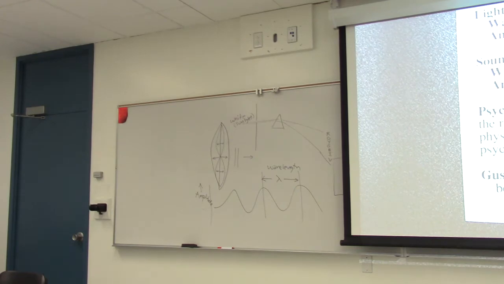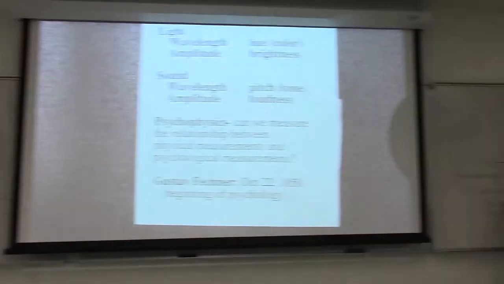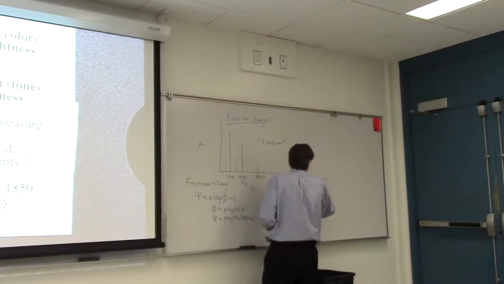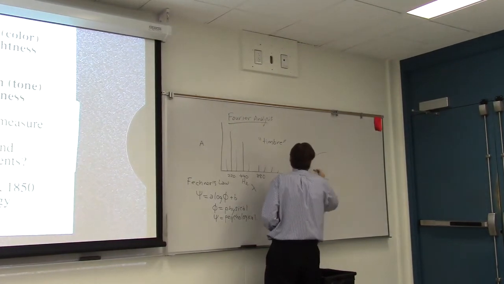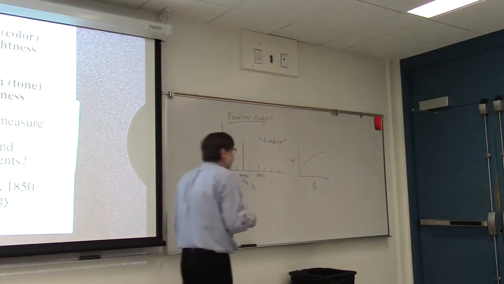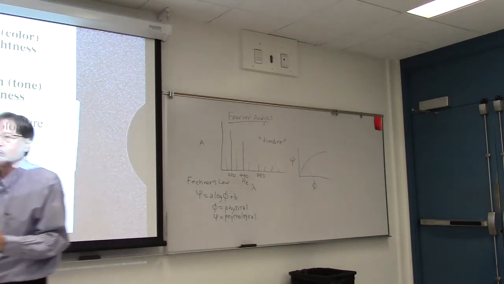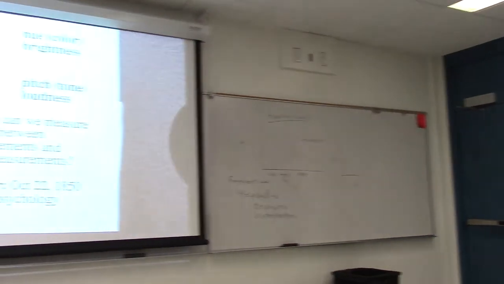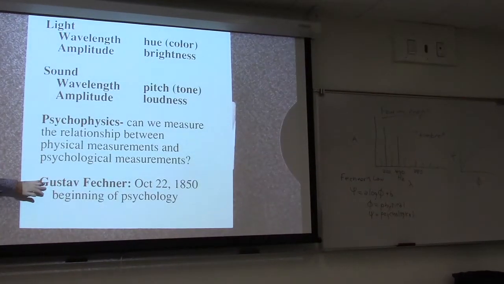So logarithmic function, if psi is a log function of phi, a given physical increase as you go up the scale becomes psychologically smaller and smaller. So 1860, Fechner publishes